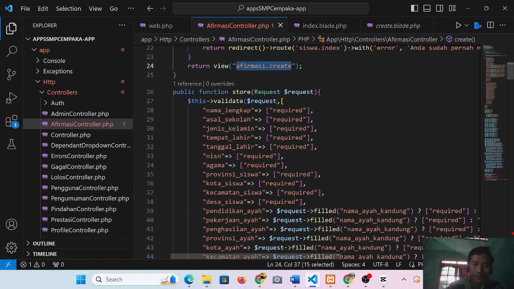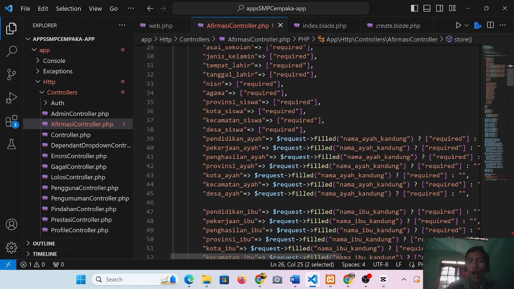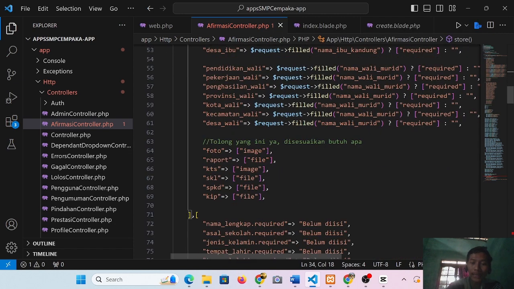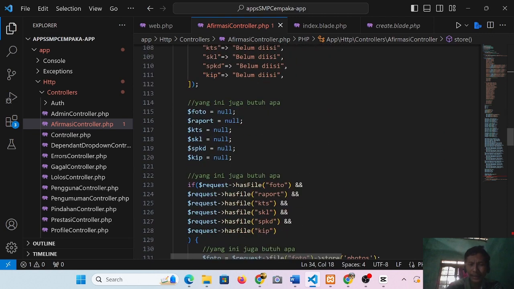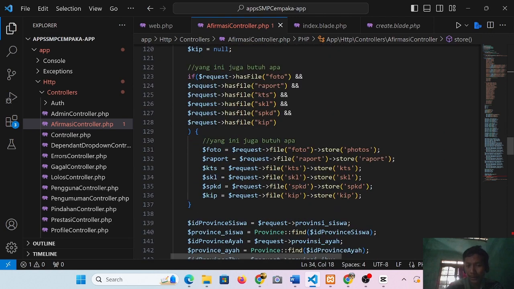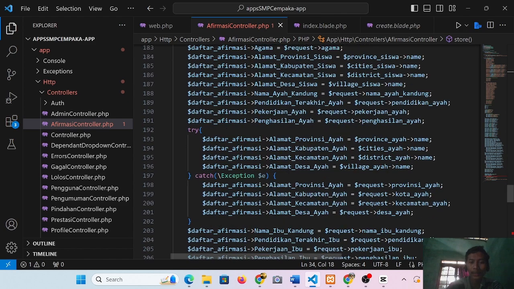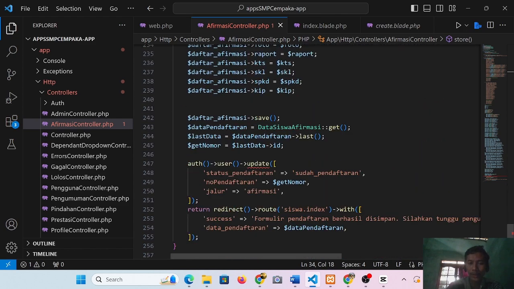And the next function is store, which saves all the data that the user fills in the form. This is the data, and then the berkas pendaftaran, okay, we can save it. For the daftar afirmasi, we can save it.